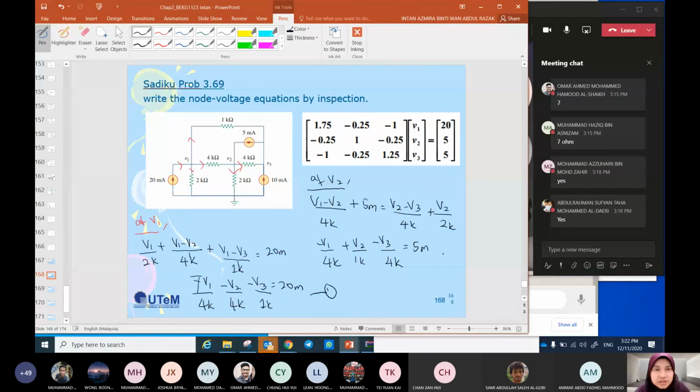This is the second equation. Okay, and then at V3,